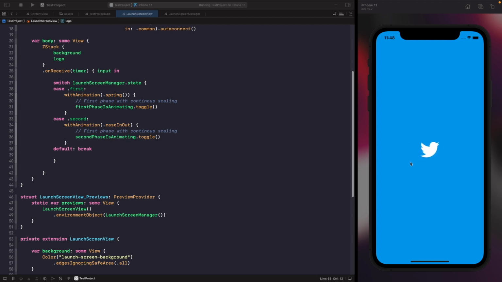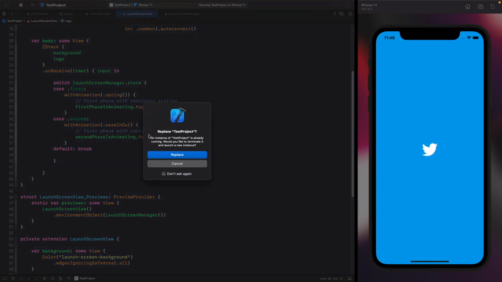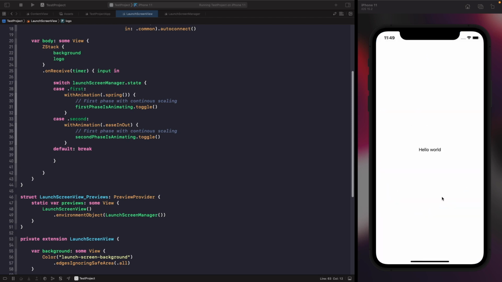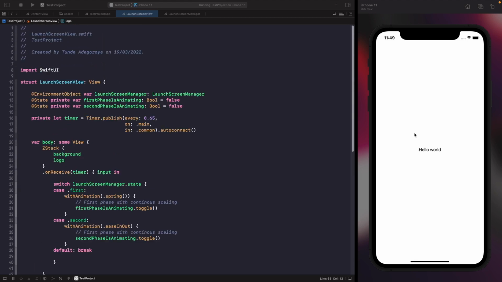Right, cool. So now let's see all of this together in SwiftUI. If you just run this on the simulator again, you should see that it scales in and out. And then as it gets towards the end, at 5 seconds, it now scales out and we get our word. Just to prove that you can still interact with the screen, and it has definitely removed that,